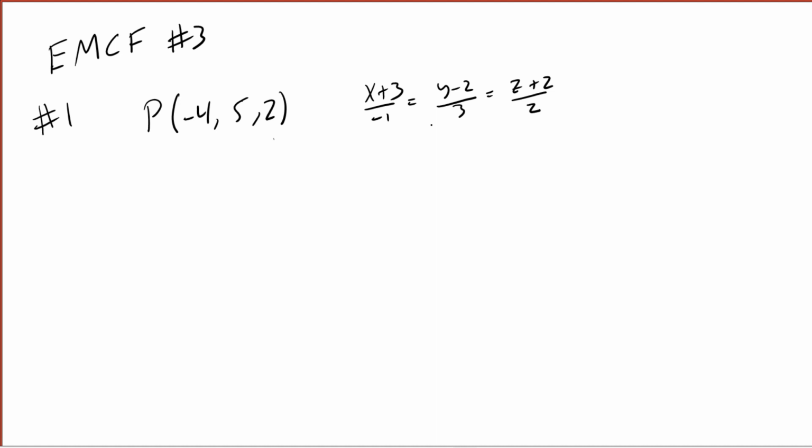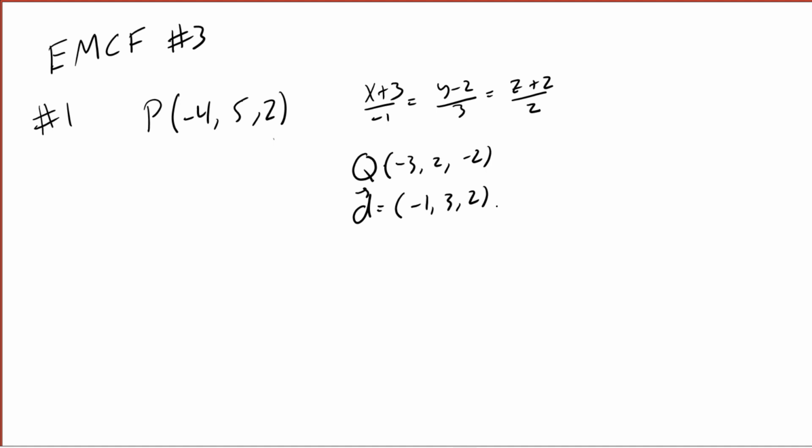is get two vectors on the plane. There are two ways to do this. I know that this line lies in the plane, so the direction vector is also going to lie in the plane. Straight from the symmetric form, I can get a point on the plane. I'm going to call it Q, which is (-3, 2, -2). I know this is on the plane. I also know that the direction vector, which is (-1, 3, 2), is also a vector in